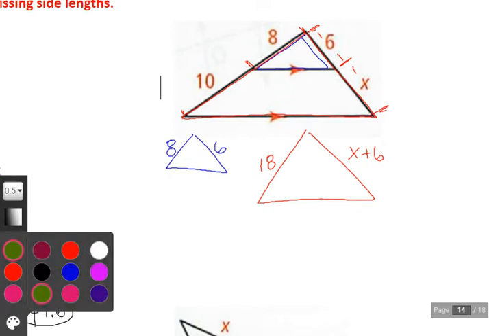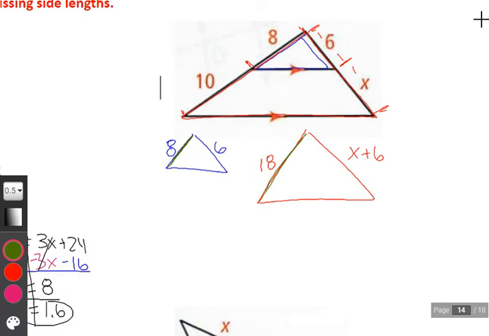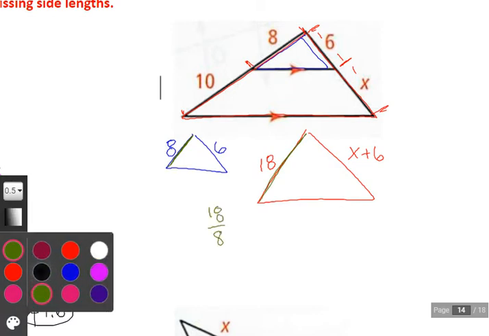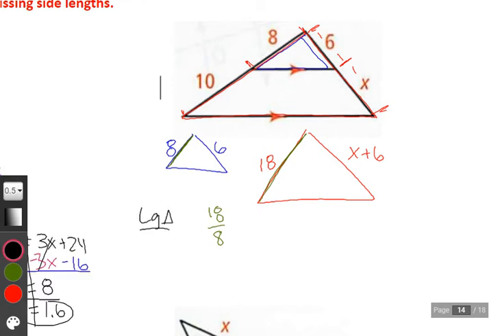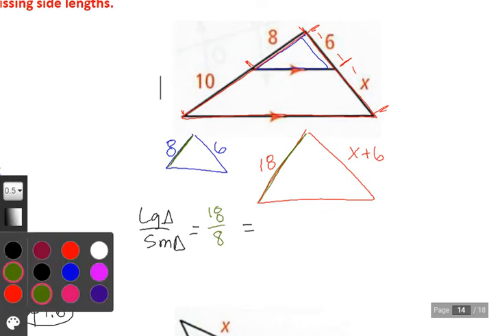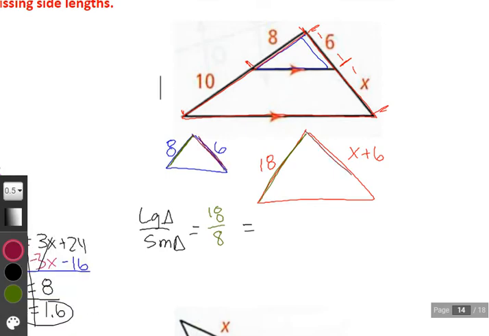Okay, so we have 8 and 18. So if I take 18 over 8, that establishes large triangle on top, small triangle on bottom, which means I have to match that for the other side. So large triangle on top, x plus 6, and then 6 on bottom for the small triangle that corresponds. So we have left side large over left side small is equal to right side large over right side small. Now we can go into the cross multiplying and solving steps, which hopefully is getting a little repetitive, but that's